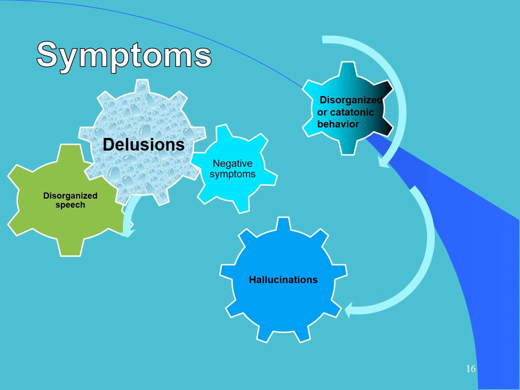The 5 symptoms of psychosis are delusions, hallucinations, disorganized speech, disorganized or catatonic behavior, and negative symptoms. Individuals that are diagnosed with schizophrenia exhibit one or more of these symptoms. The person must have been experiencing some change in behavior for at least 6 months or more, and this change may be gradual or sudden. For at least 1 month during this time, the person must show 2 or more symptoms of psychosis.